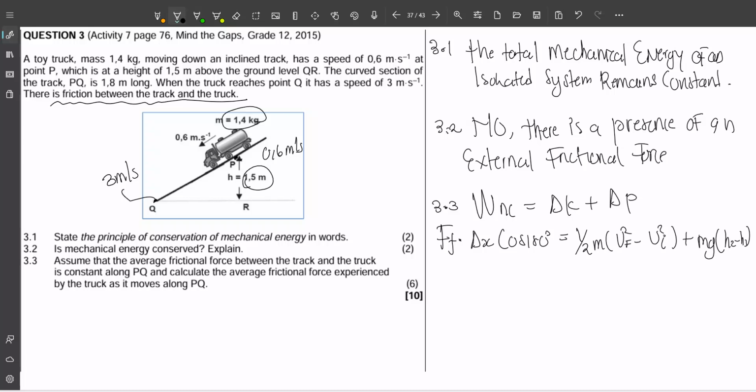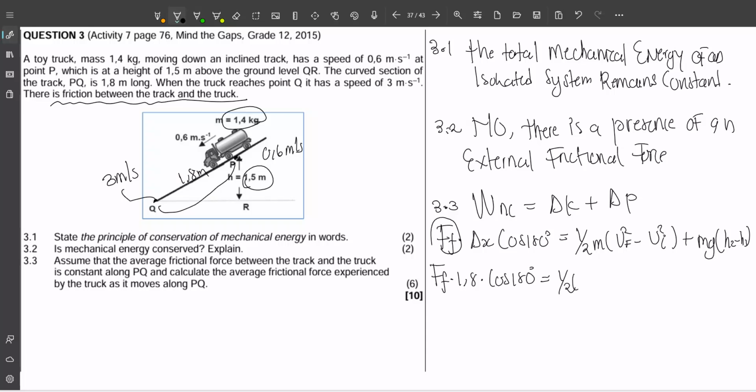We are looking for the frictional force. The distance from P to Q is 1.8 meters. So the frictional force multiplied by 1.8 multiplied by cos 180, which is negative 1, equals 1/2